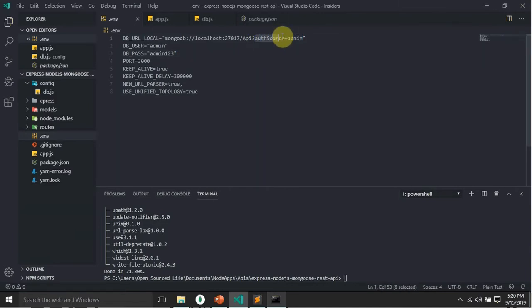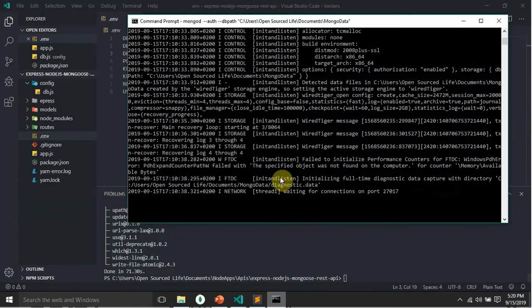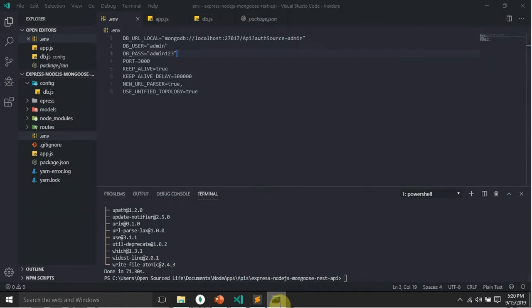So it defines which user especially we are going to use to log in to the database, because we have explicitly emphasized security, you know, authentication. So it's admin, and then the DB user is admin, and this is our password, and this is our port, and the keep alive which is just true, and keep alive delay, these are the seconds,